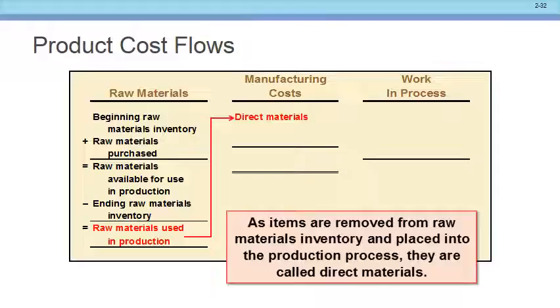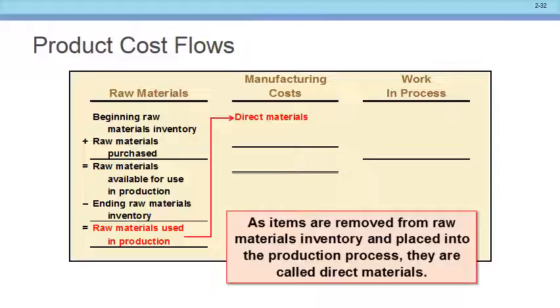You can't stop and say, what was it? The priests don't sit there and go, I mean, they know it, right? Okay, so you need to be able to sit there and do it like that. Well, you can do that same thing with raw materials. Beginning raw materials plus raw materials purchases equals raw materials available minus the ending raw materials equals raw materials transferred to the other department. It doesn't sound nearly as good, but it's got to be that sort of memorization, right?